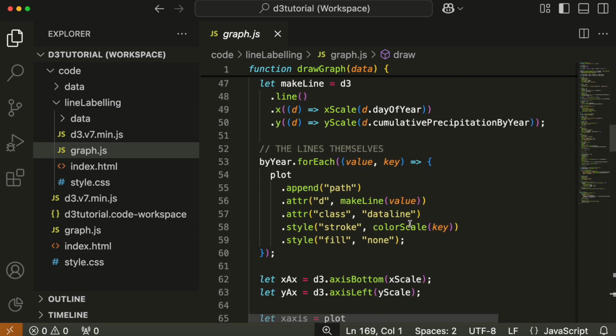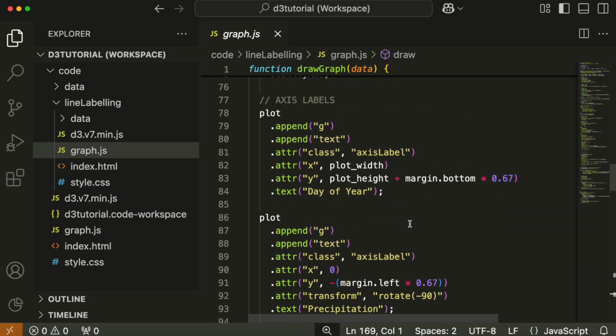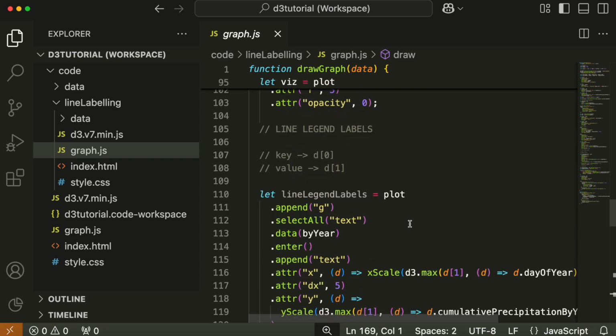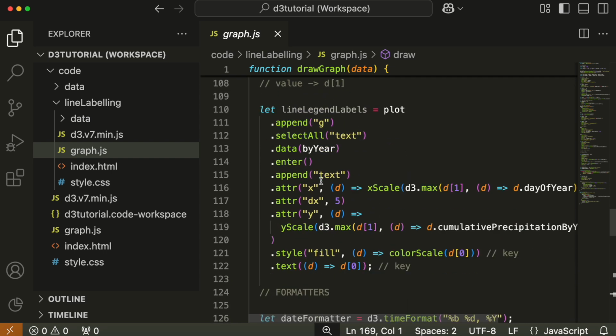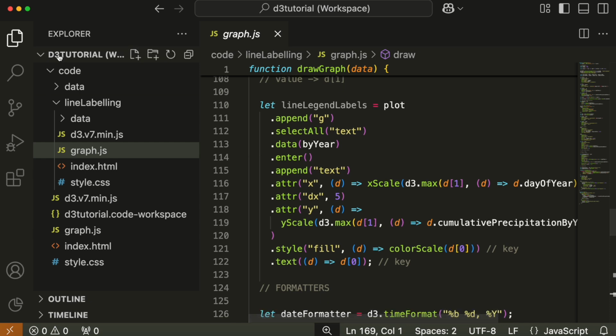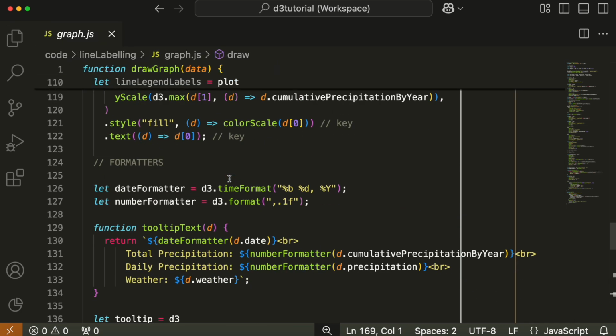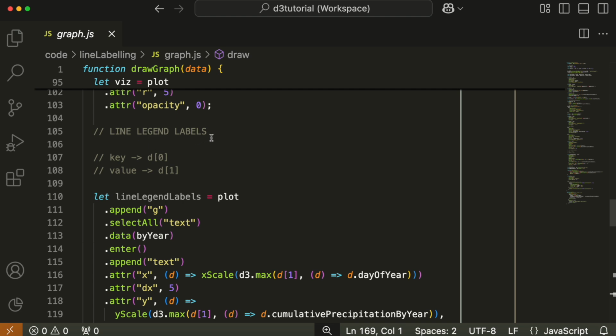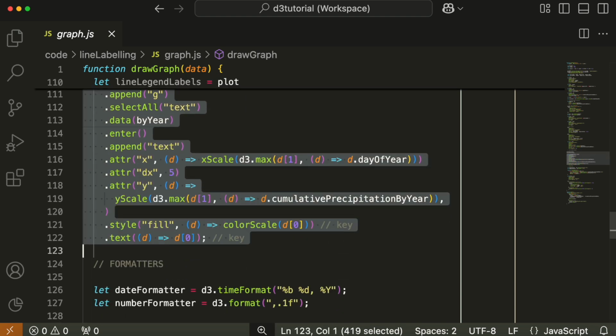D3 is the only graphics package I know that can do this, that can adjust labels like that without you having to manually adjust them one by one. I think it's amazing. It's amazing. Now, far from intuitive, but amazing. So we're going to get rid of the old